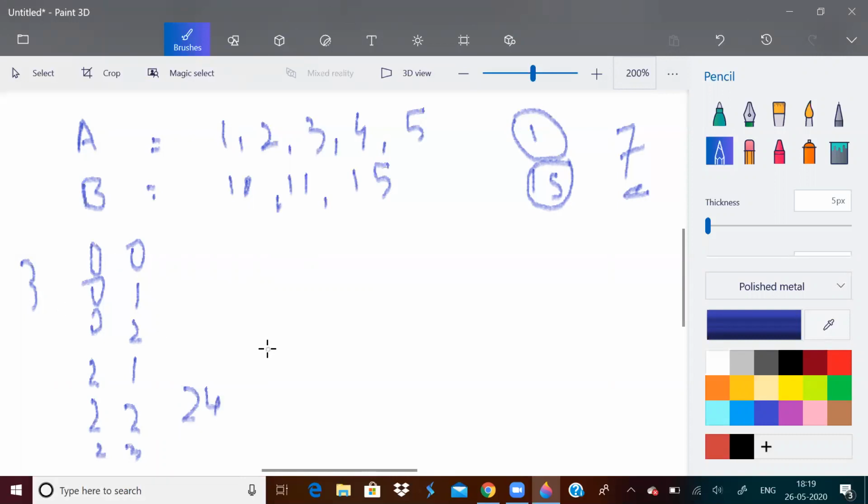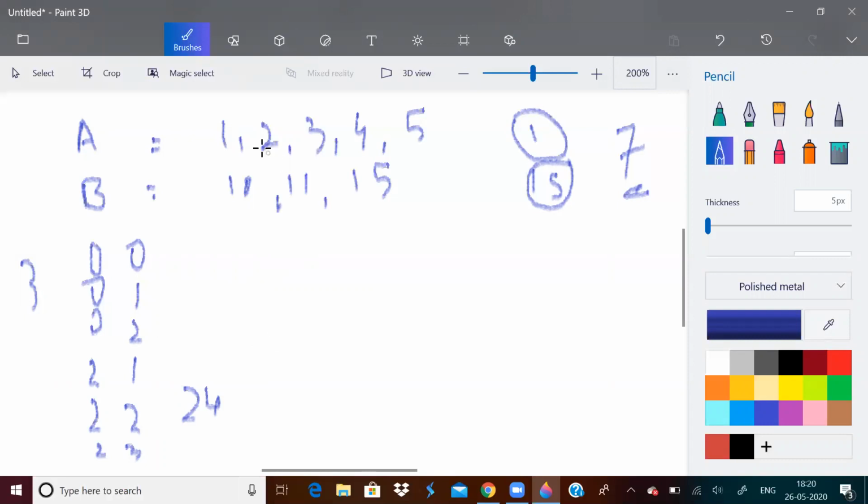So this is the only way you can print a distinct number of pairs, and that number should be n plus m minus 1. So this is, I think, one of the only ways you can print. Maybe there are some other solutions, I'm not sure. I just solved it today, so I wanted to share it with you.